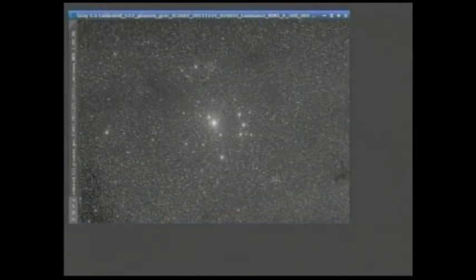So this is, like I said, one frame, and by itself, before we've done any processing to it, it's pretty uninteresting. So what we really want to do is try and bring out the detail. And one of the really powerful ways that we can enhance the image and bring out as much detail as possible, and also get rid of some remaining noise